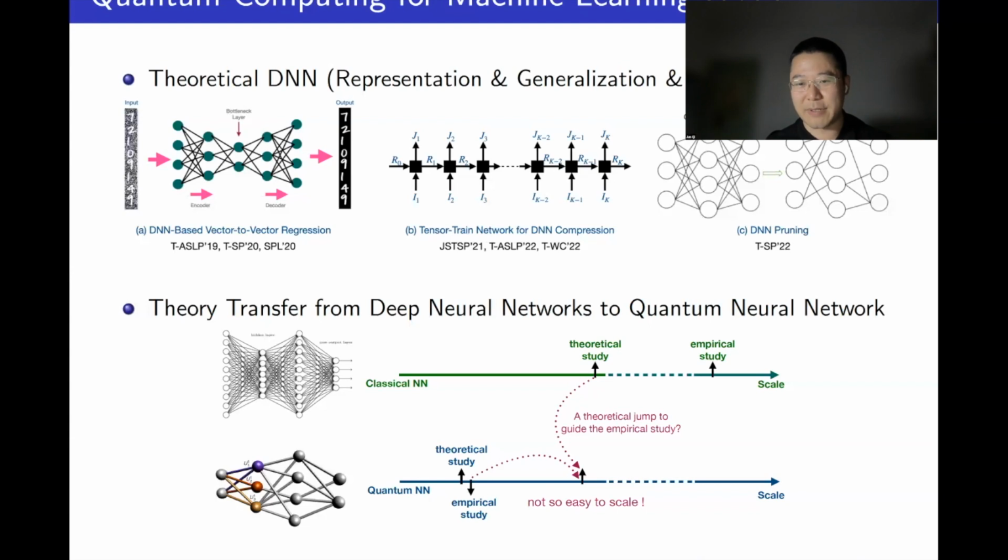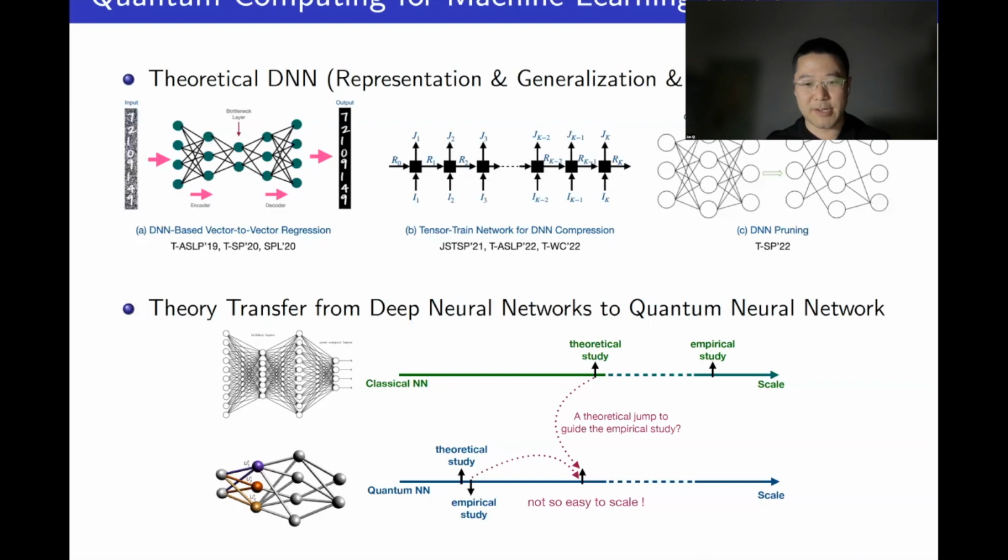It means that we have a national amount of training data. We set it as our parameterized deep neural network. We only pursue this empirical study, empirical improvement. We don't care about why it can work so well. But there's some previous theoretical study that can help to put forward the quantum neural network, because currently the quantum neural